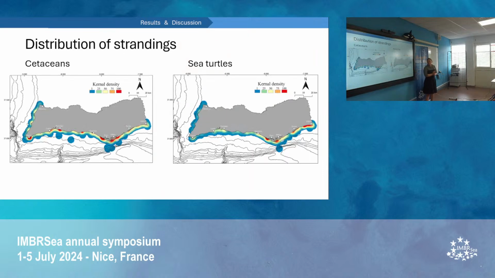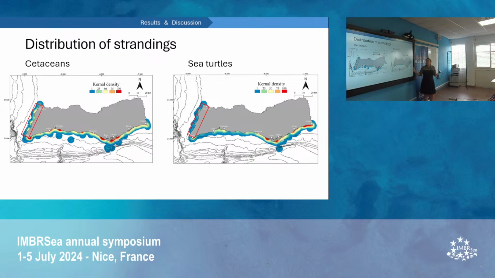For the distribution of strandings, an important note on this slide would be the lack of hotspots on our western coast, which could be, again, due to the morphological features that I mentioned earlier, such as our high bluffs and cliffs and a short time period that these strandings are staying on this coast.